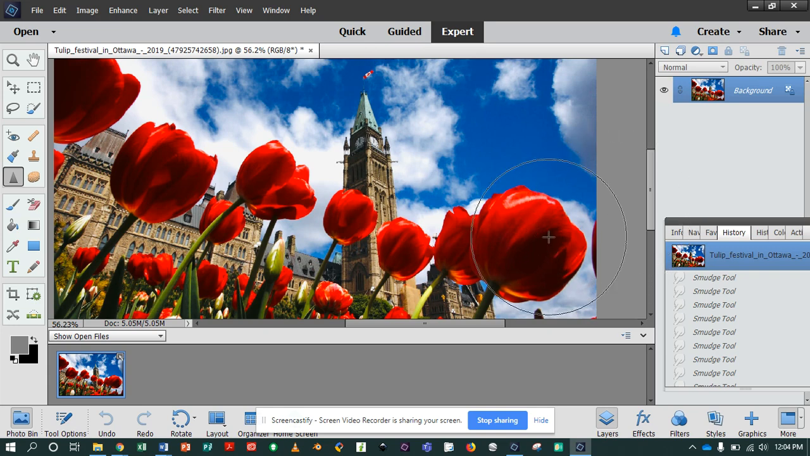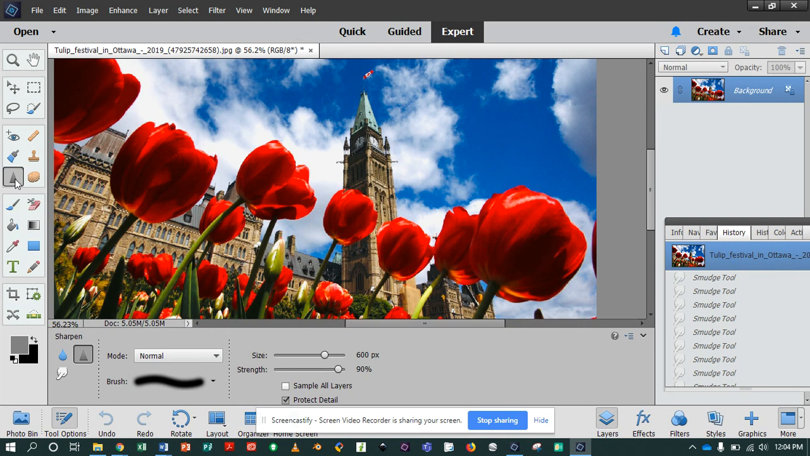Hi, everyone. We're back here looking at another set of tools today. Today we're going to look at the Smudge, Sharpen, and Blur tools. I'm using a painting like this, or sorry, a picture like this, because I thought the best